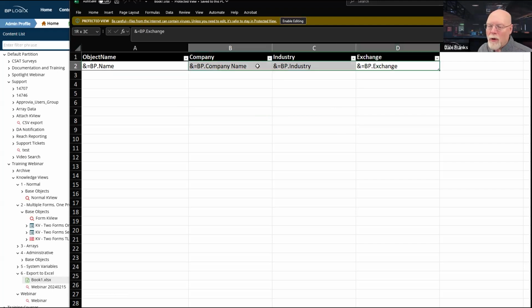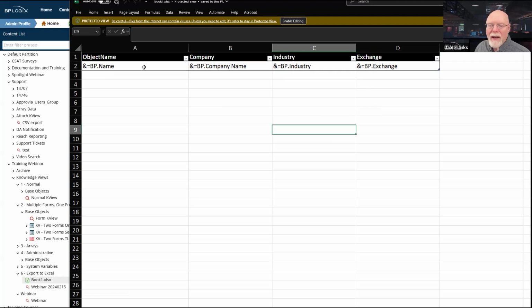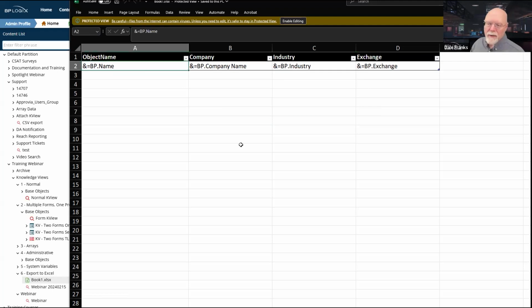It's got some borders around these cells in this row. And then each of these individual cells has a name, and it has this weird syntax. And it has ampersand equals BP dot name, company name, industry, and exchange.